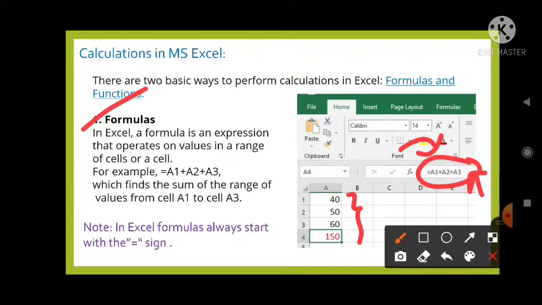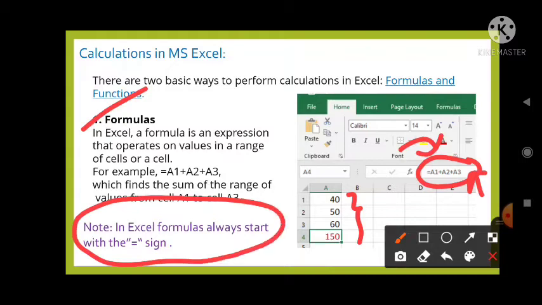In Excel, formulas always start with the equal sign. When you are writing the formula in the formula bar, use the equal sign first, then write the formula. Here the formula means the location of the cell, that is, the cell address. For the first value the cell address is A1, so I have written A1, then A2, then A3.